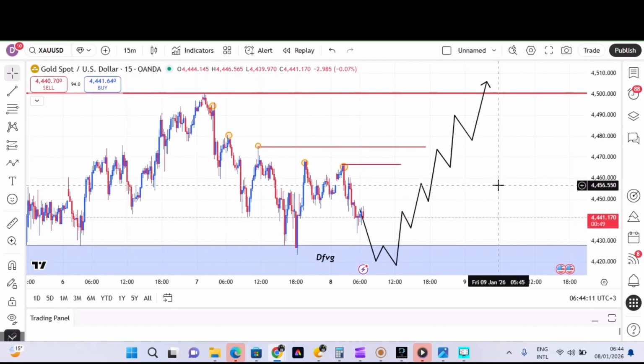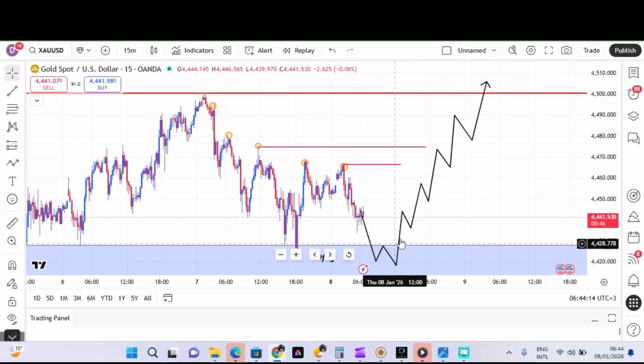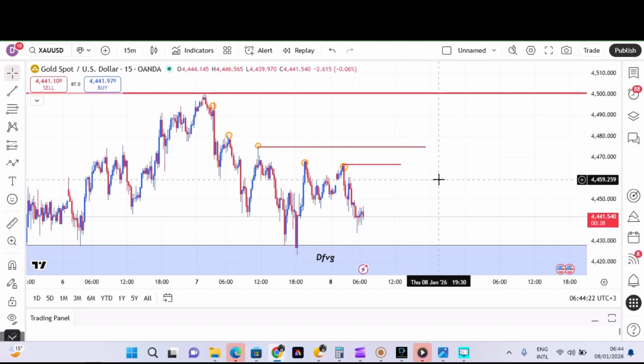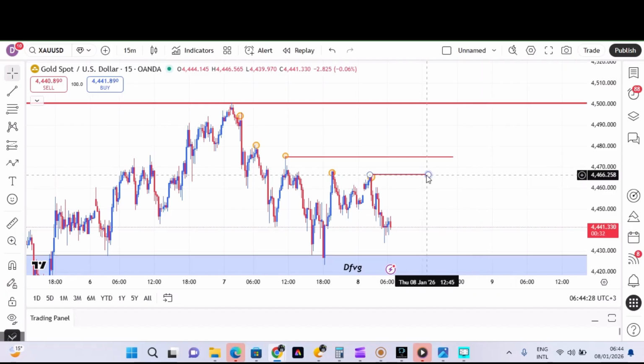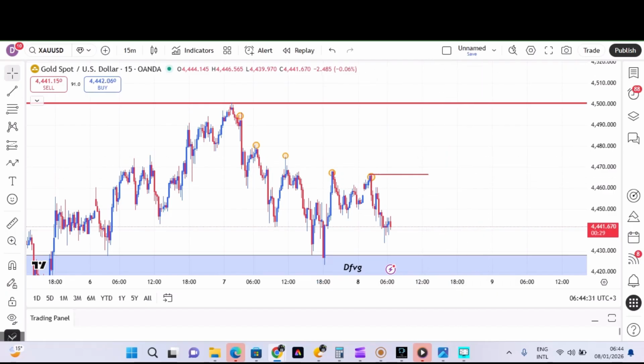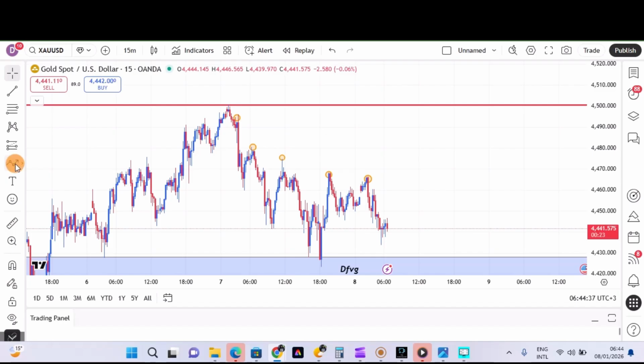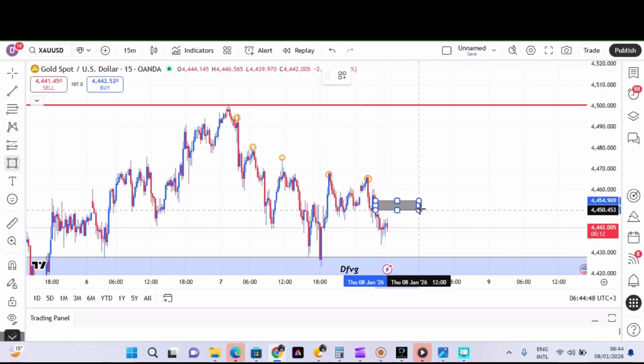So on the buy, I'm eyeing this imbalance. I'm eyeing this liquidity. Let me take out this on the buy side. So we have this point, we have this point. Let me even take out these ones so that my chart is more clear. Then allow me to mark this. This fair value gap has been filled. There's a fair value gap here on 15-minute. Let's just mark this.